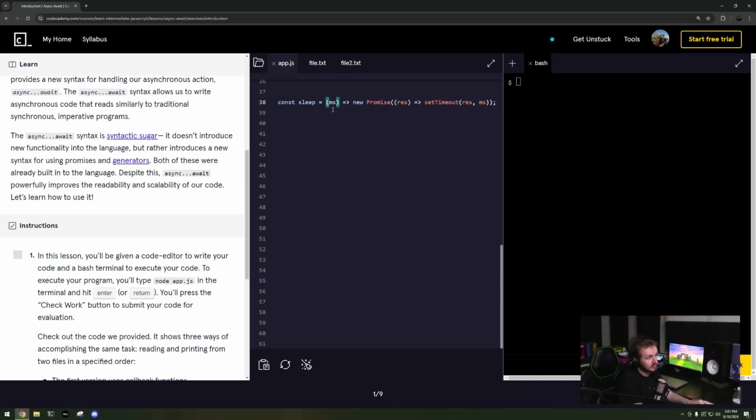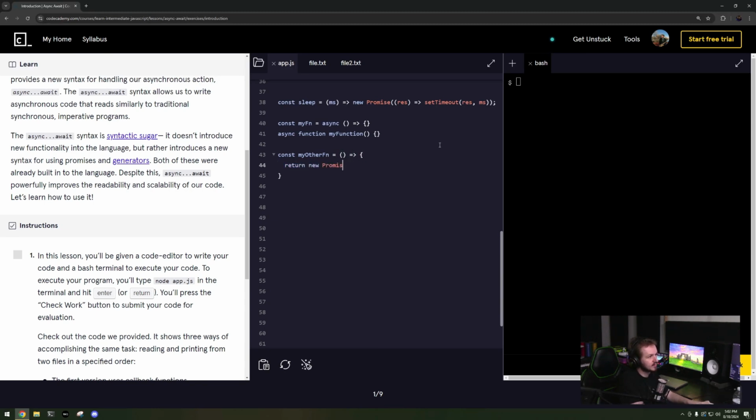Okay, I could say async right here, but it's kind of redundant because it's already returning a promise. So there are two ways to create an asynchronous function. You can say const my function equals async this, okay, or you can say async function my function this, okay. Both of them do the same thing as const my other function equals